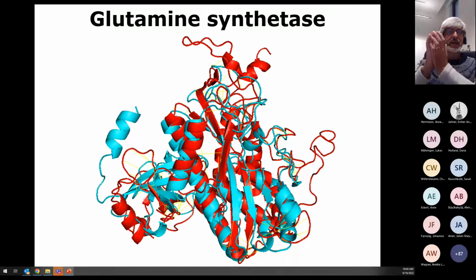And if we overlap these two structures, something that you are going to do later in an exercise, we can see that the core structure, the main features of this structure, these beta strands, these helices, are very conserved, and this is across a very large evolutionary distance. Of course, you have some differences, like in the loops, maybe this extra helix in the